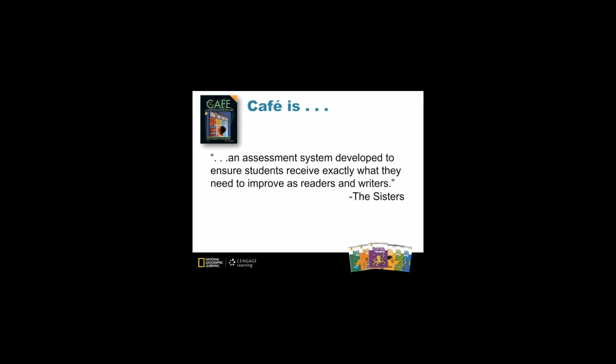That is a quick summary of the Daily 5. Remember, the Daily 5 are the learning stations that students do independently while the teacher works with individual or small groups. The Daily 5 can be used independently on its own or in conjunction with CAFE. CAFE is an acronym for Comprehension, Accuracy, Fluency, and Expand Vocabulary. CAFE provides structure for conferring, a language for talking about reading development, and a system for tracking growth and fostering student independence.